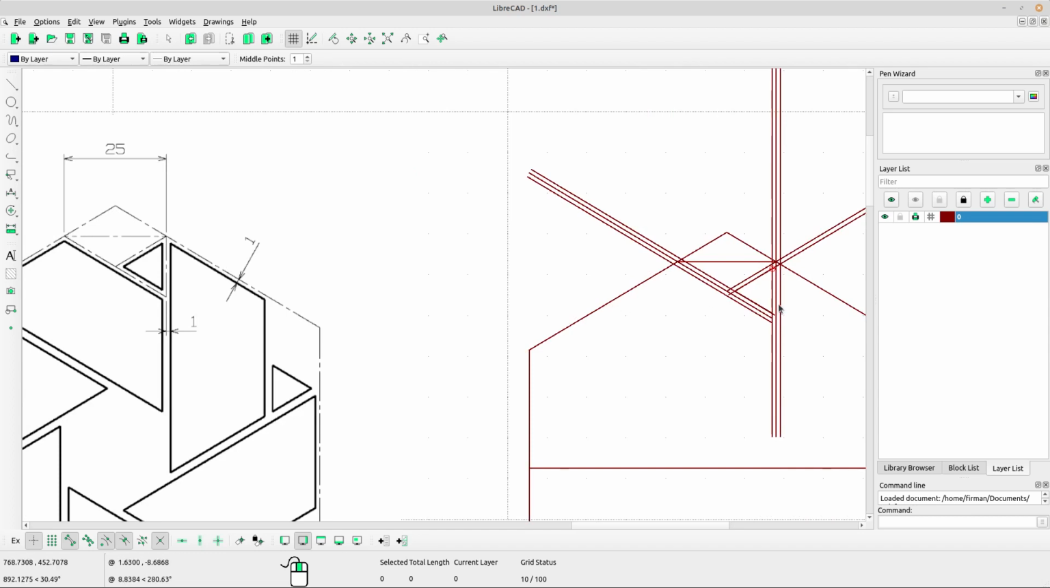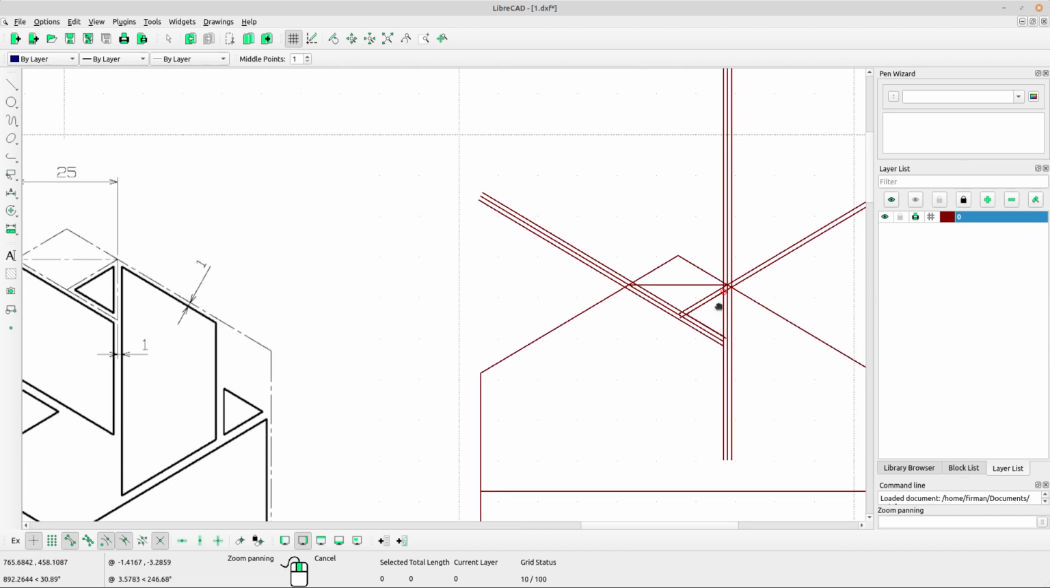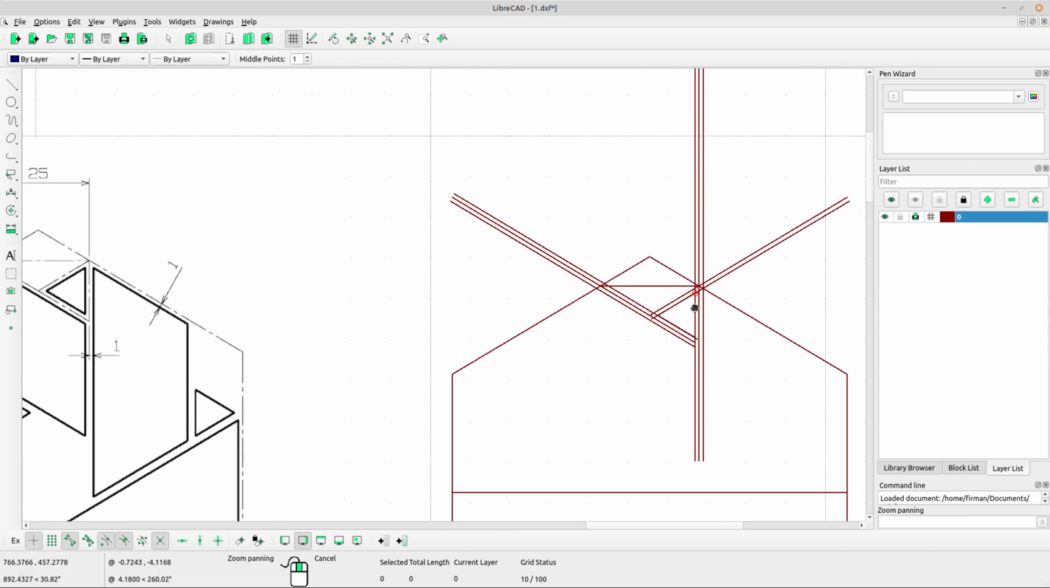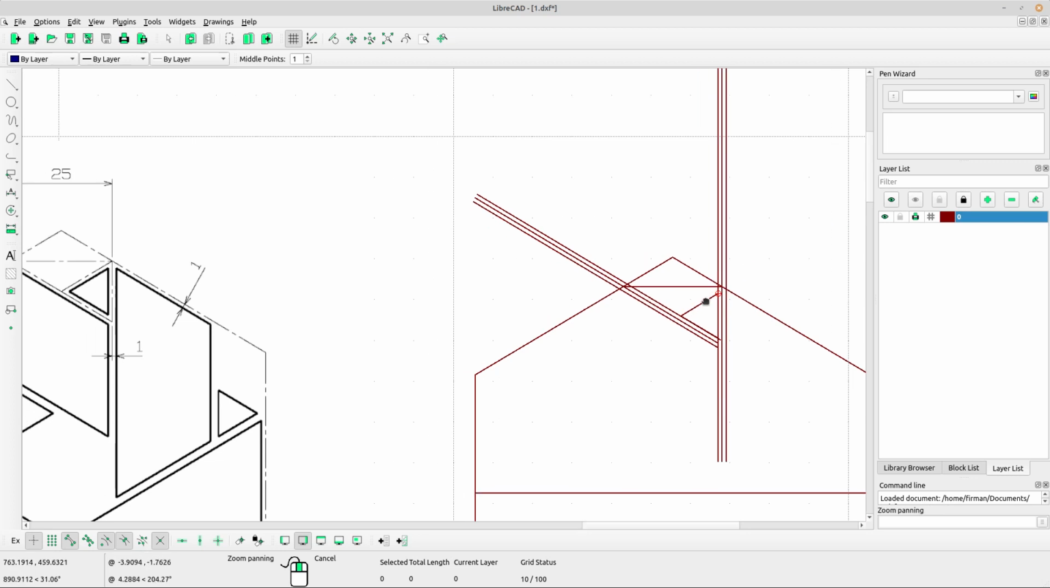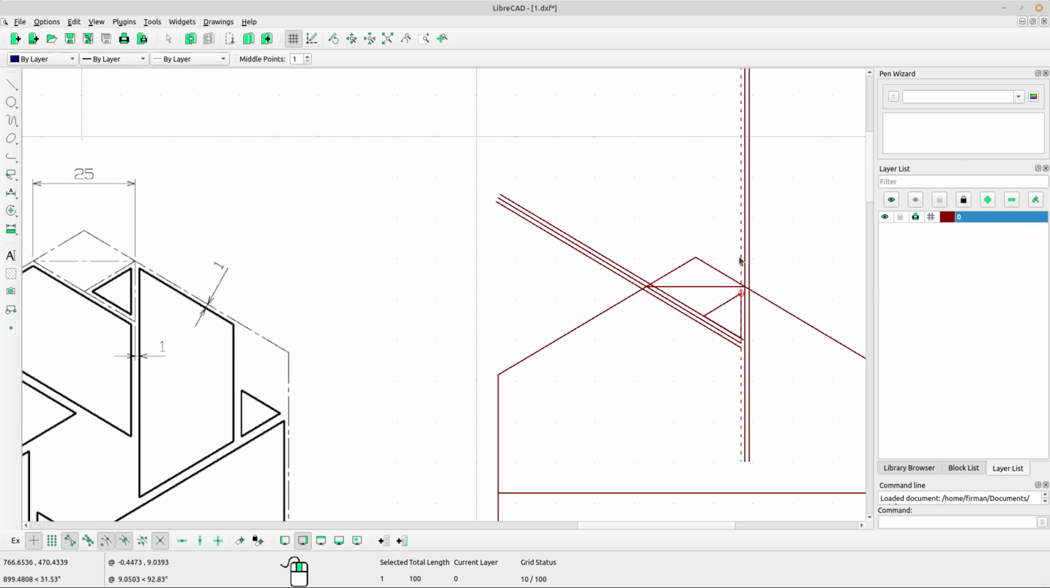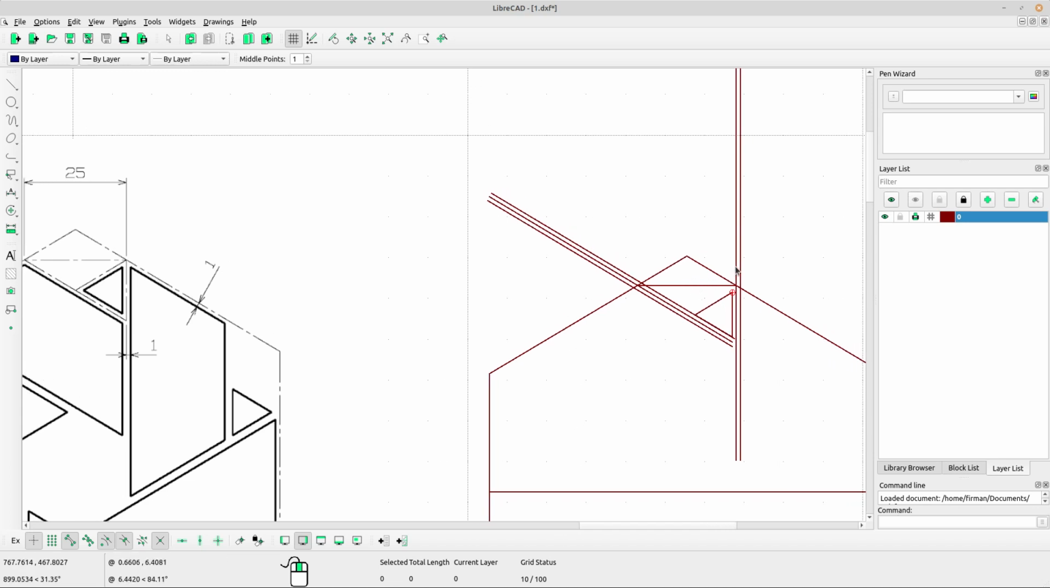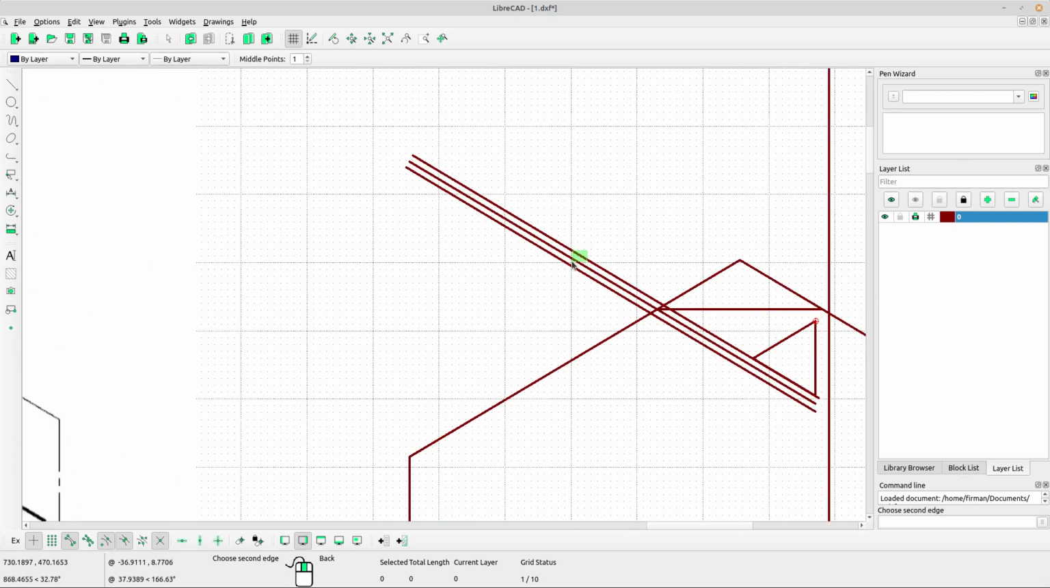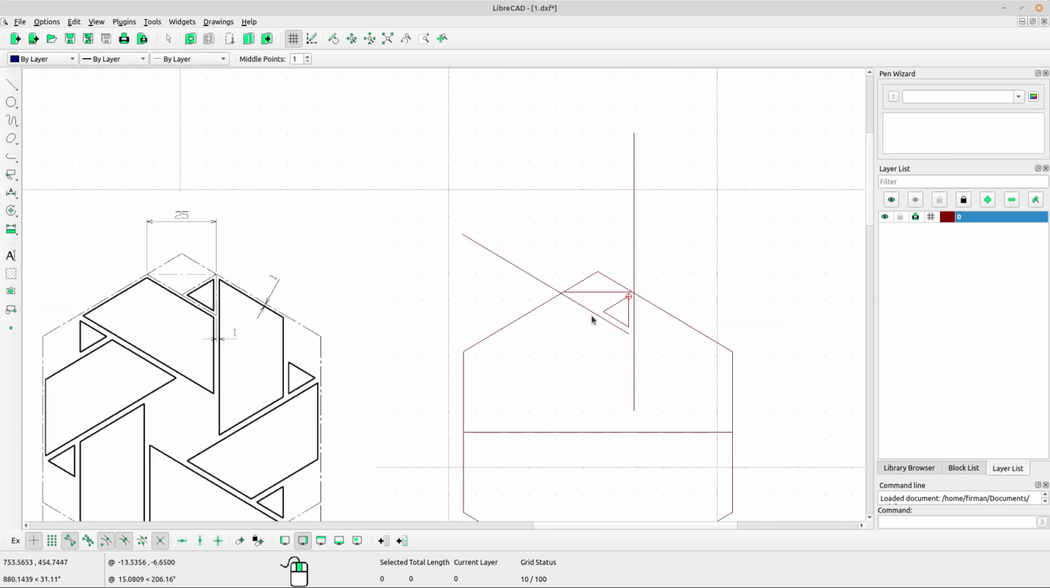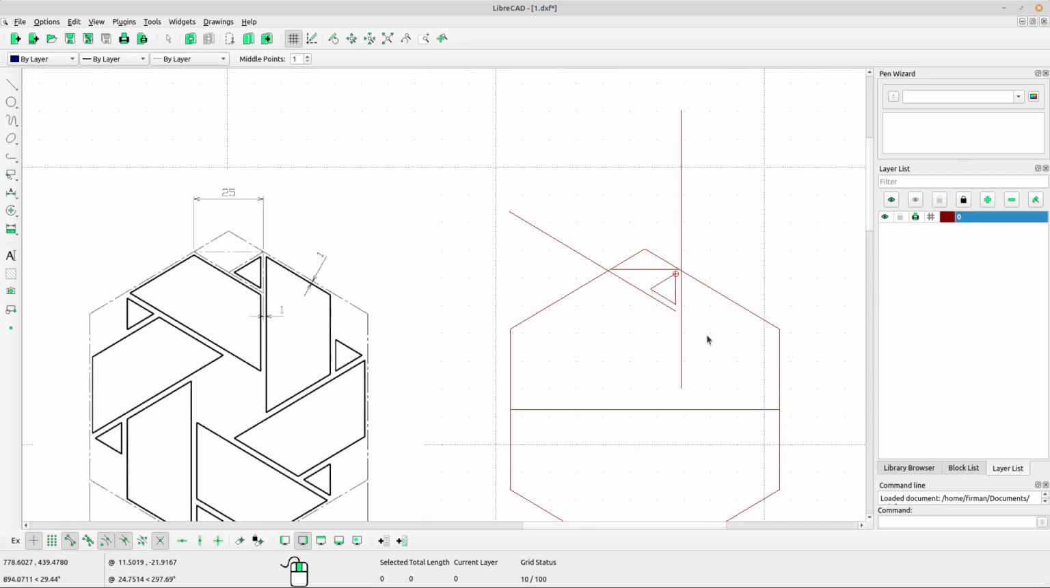Yeah, we got the triangle. I think we should delete these lines. Okay, this line also. And maybe the line too. Okay, 2 lines there. Okay, for the next